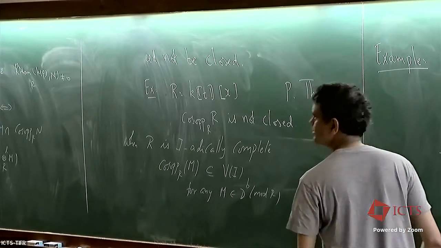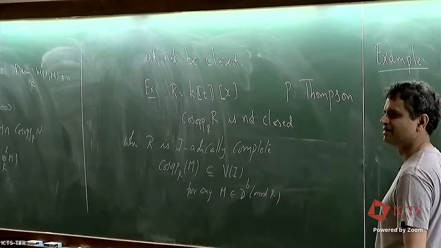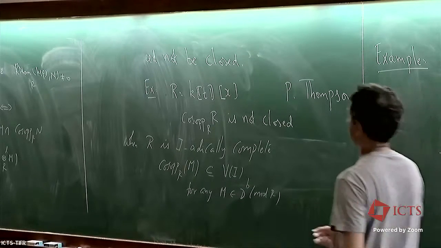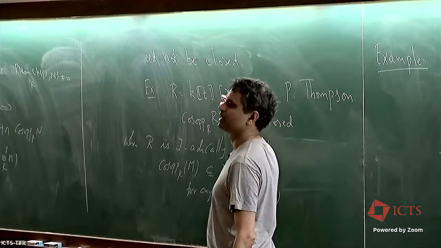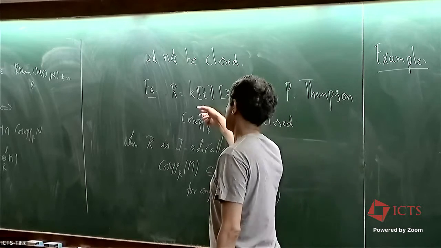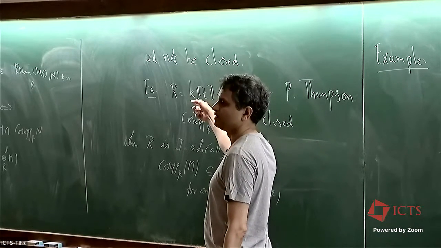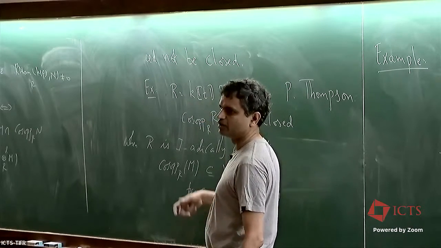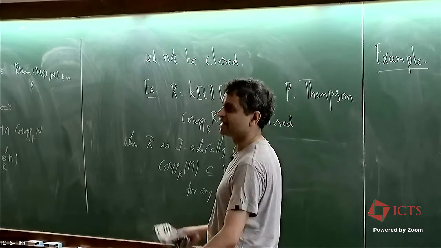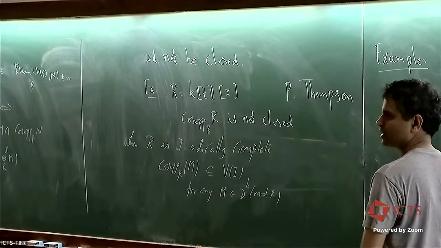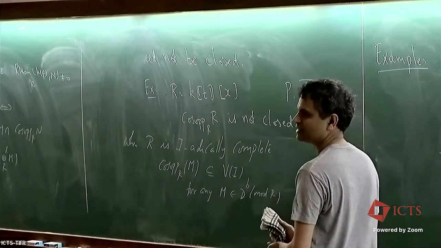Good. Was that clear? If you put together the exercise I mentioned already with this fact, it tells you that the co-support of this contains all the maximal ideals. On the other hand, it must be contained in V of t because it is p-adically complete. And it can't be a closed set. If it was a closed set, then it wouldn't contain all the maximal ideals.